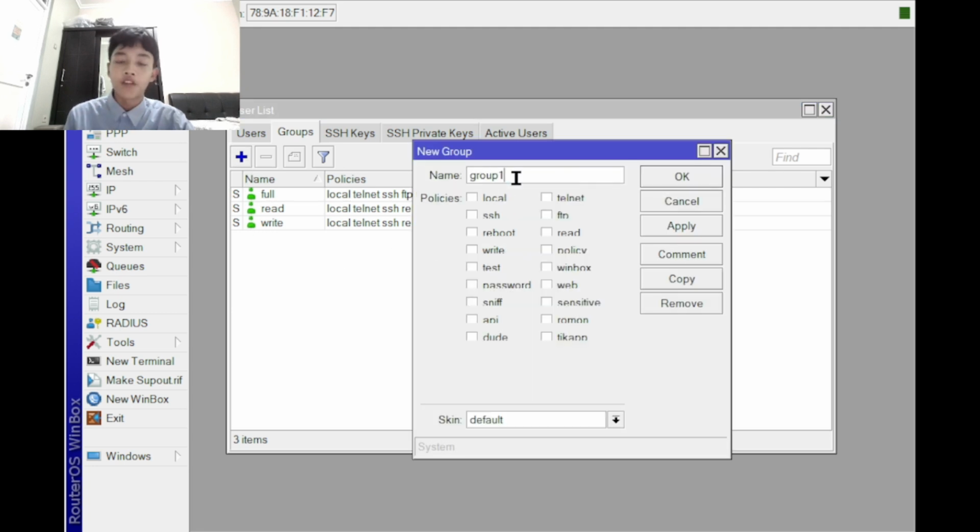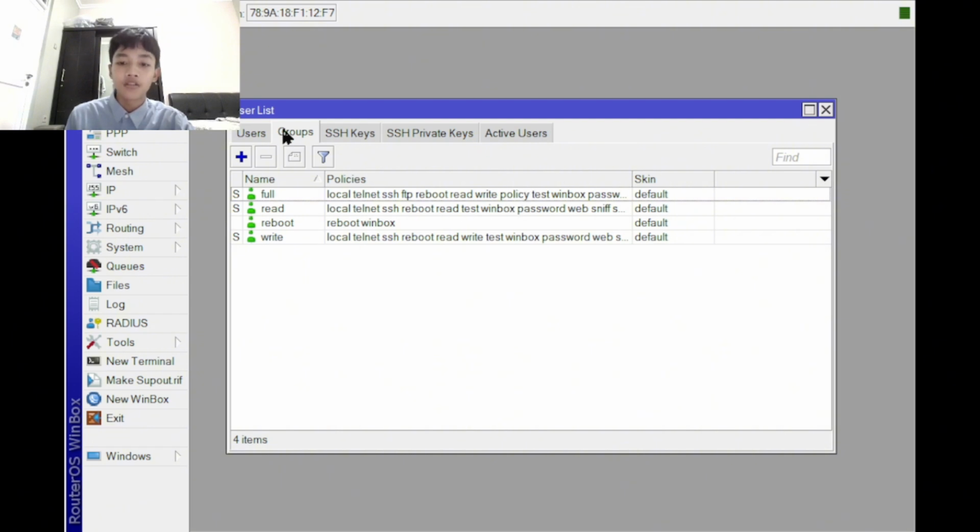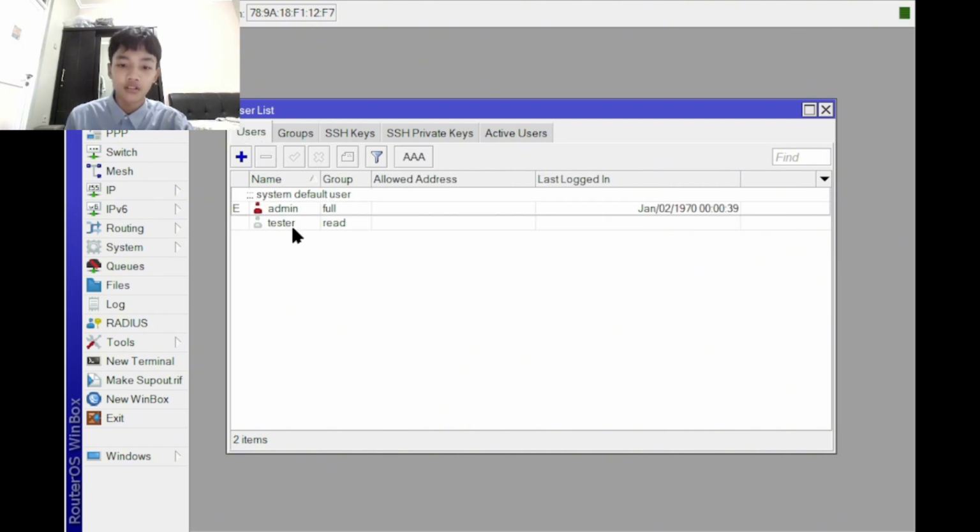I will make a group so that the user can only reboot the router. Name it reboot, and just turn on two options here, reboot and winbox, so it can only access the winbox and reboot it. Apply.